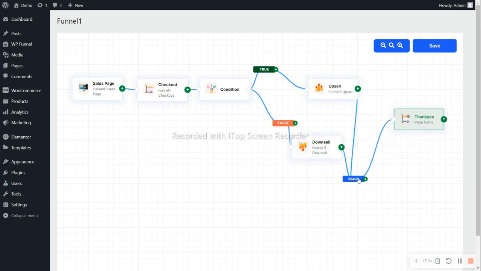So in this way you can see the flow chart of your funnel.